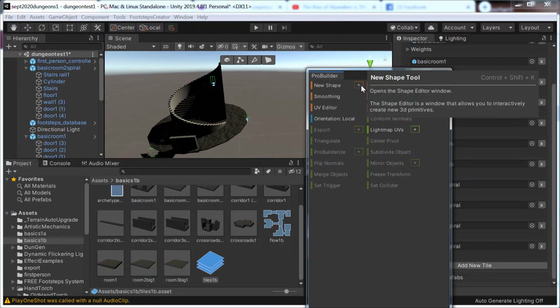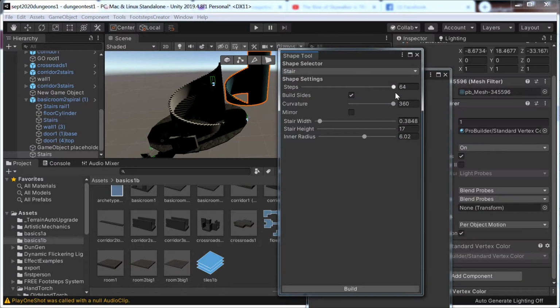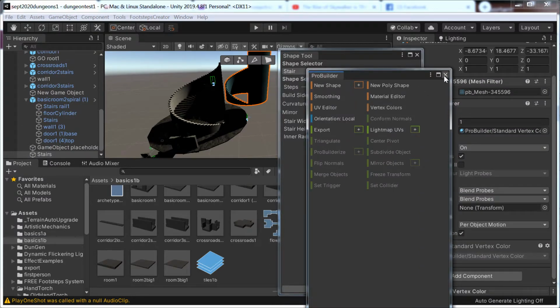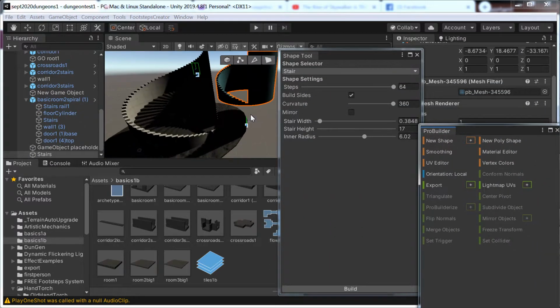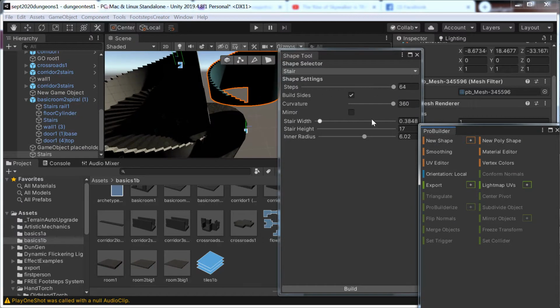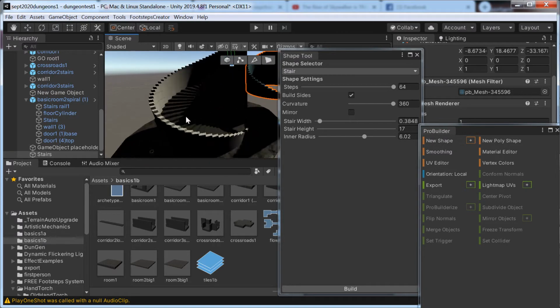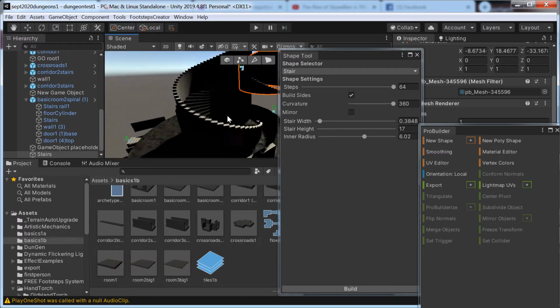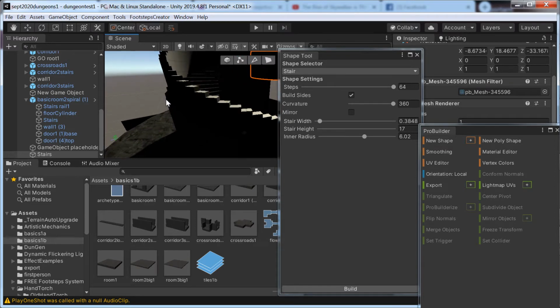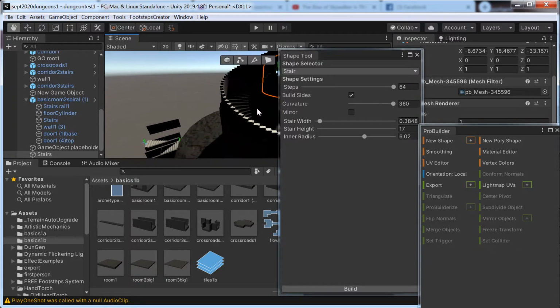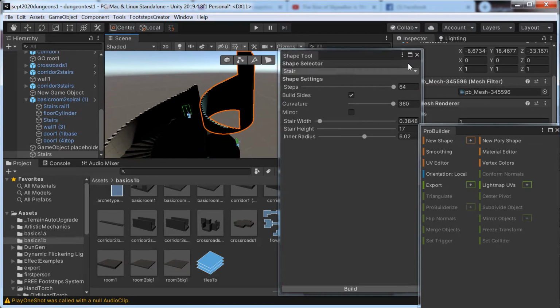ProBuilder window, new shape, and using these settings: 64 steps, curvature 360, build size, stair width 0.3848, stair height 17, you just type that in there, inner radius 6.02, and that's the one I played with to, it still doesn't quite fit. Okay, and then cancel that,